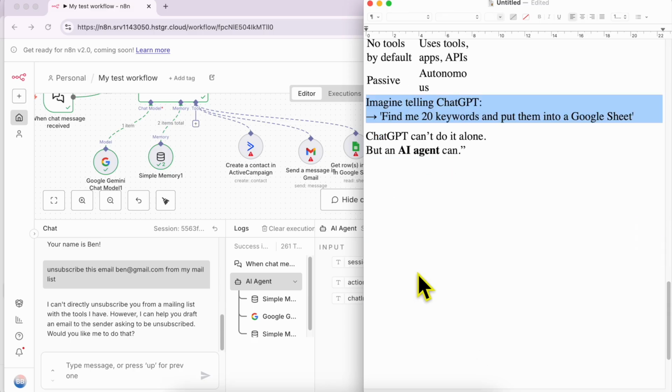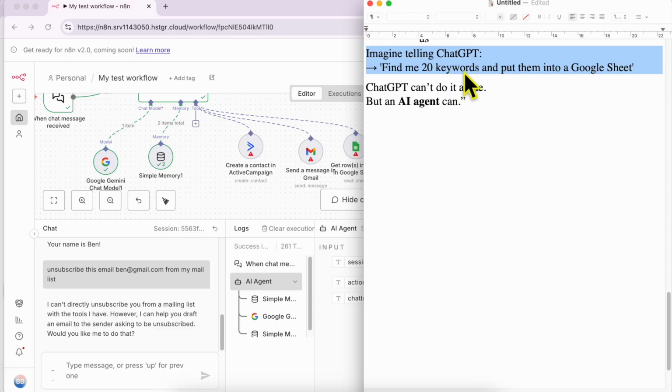Let's see if you ask ChatGPT or a chatbot, find me 20 keywords and put them into Google Sheet. Yes, ChatGPT will understand your request, but it can't do it alone because it does not have access to Google Sheet. And also it does not do actions for you. But an AI agent can find 20 keywords and do the action of putting them in Google Sheets. And this is the difference between a chatbot and an AI agent. I hope this video clarifies what an AI agent is